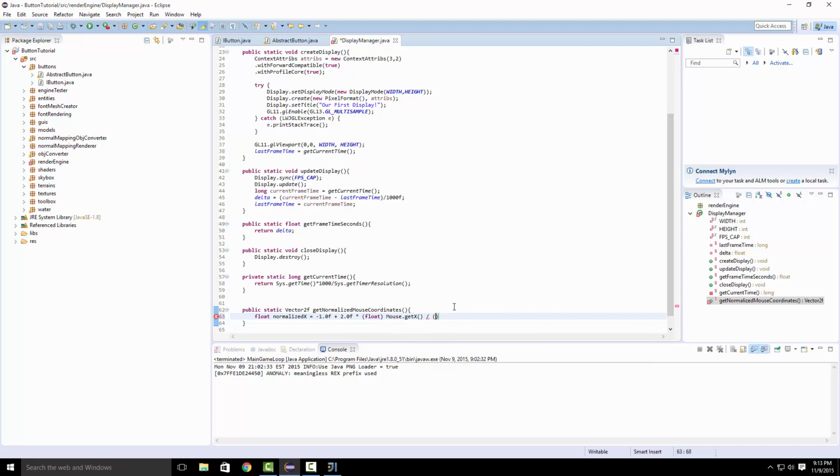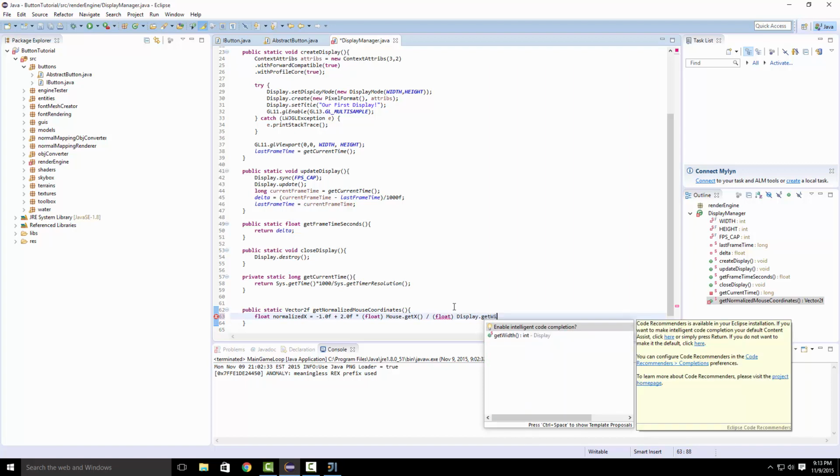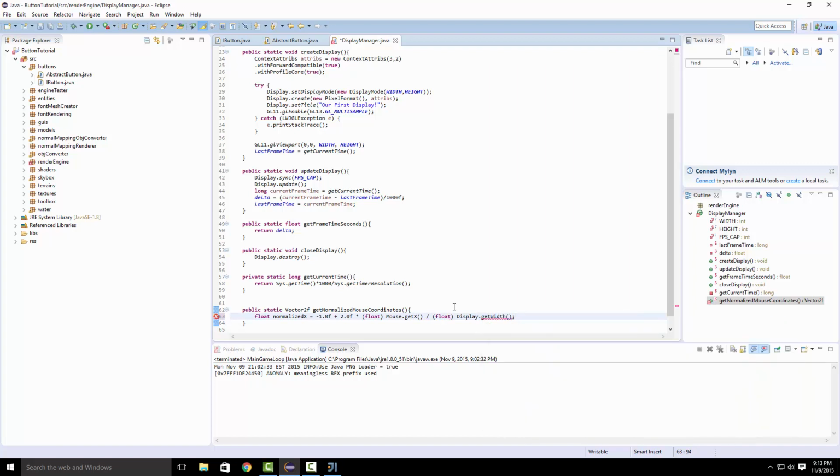Okay, so Mouse.getX cast to a float of Display.getWidth. So that's our normalized x, and if we go ahead and duplicate,